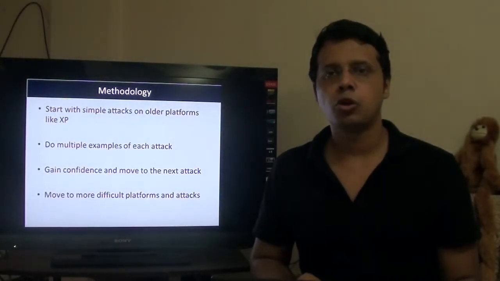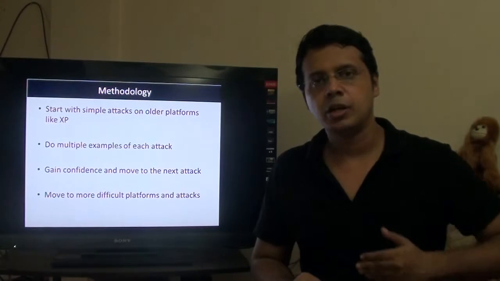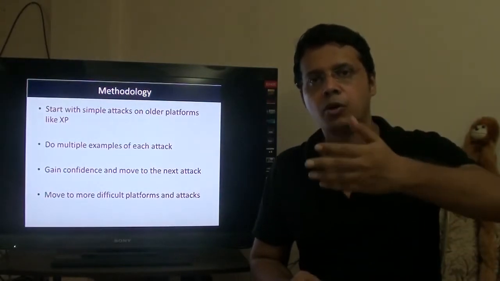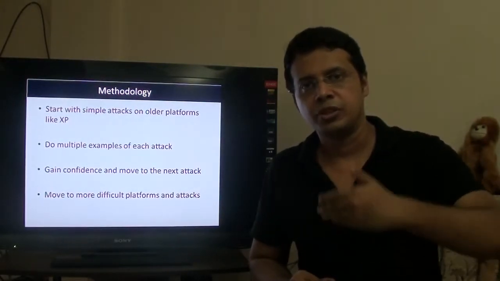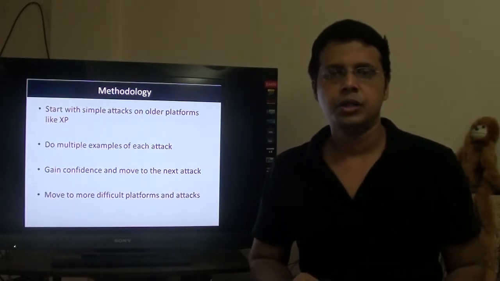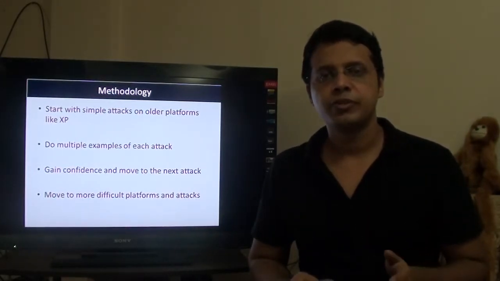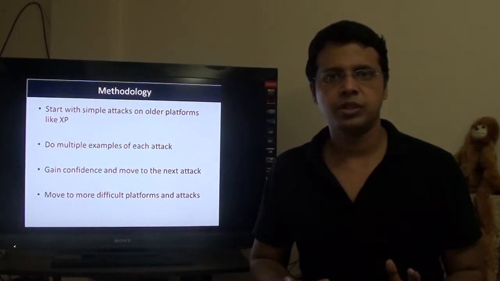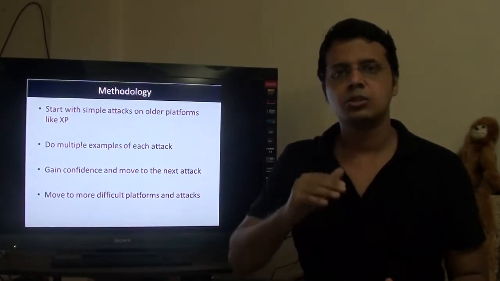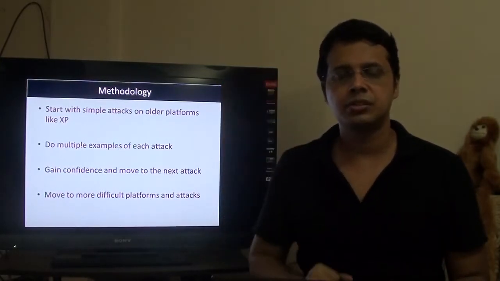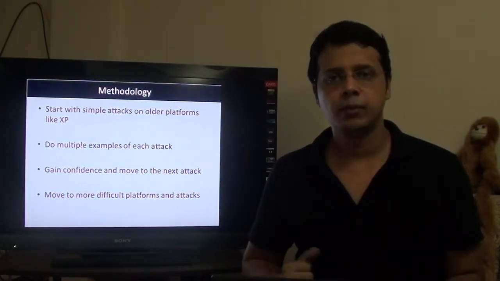So what will be the methodology? Well, we really cannot jump into ASLR and DEP and all of that from the first or the second or the third episode. This is where we'll take it slow. We'll start from a very simple platform where there are no complexities, and then slowly build up those complexities and talk about how to deal with them.